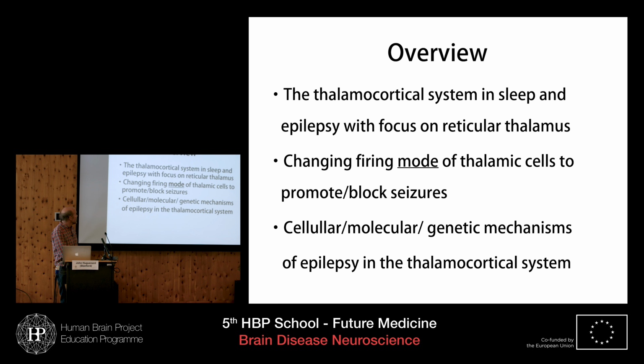In the second part of my talk, I'm going to describe a new therapeutic intervention where we change the mode of the thalamic cells from one firing mode to another in real time in order to prevent seizures. The last part of the talk, done by Chris Mackinson, is a mouse mutant model of epilepsy based on a mutation in sodium channels that causes a very specific defect in the thalamic circuit that predisposes it to epilepsy. The insights we've gained are which parts of the circuit are the most important in regulating whether the seizures will happen or not.